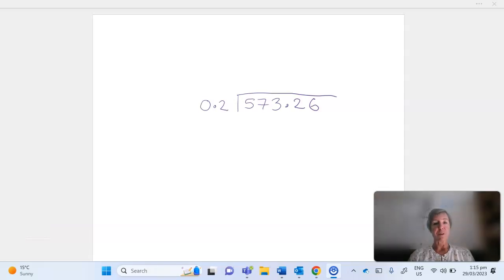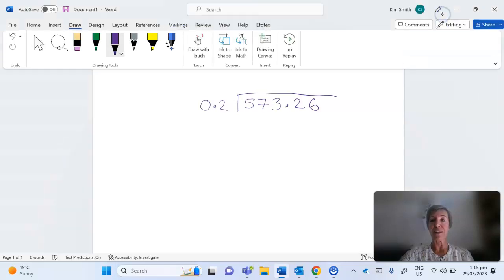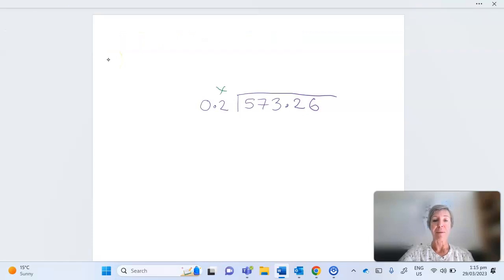So you want to be able to divide by a decimal number. Our first step is to change the number we're dividing by into a whole number. So if I'm dividing by 0.2, I need to times by 10 so that it is only going to be a whole number. So I need to times that by 10. If I times what I'm dividing by 10, I need to times the other value by 10 as well. And I get to